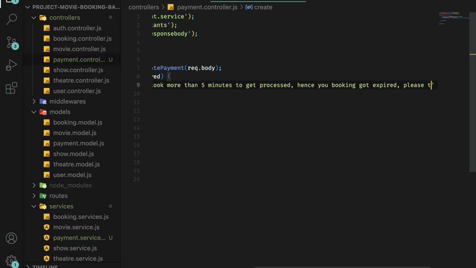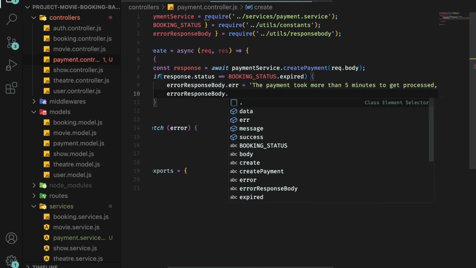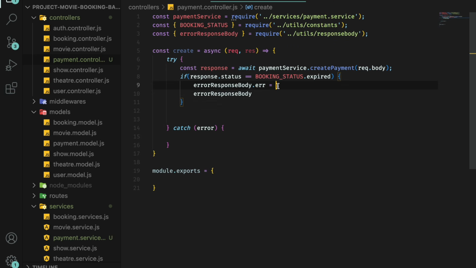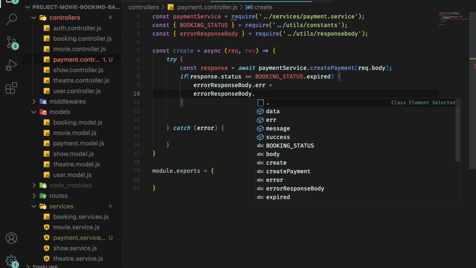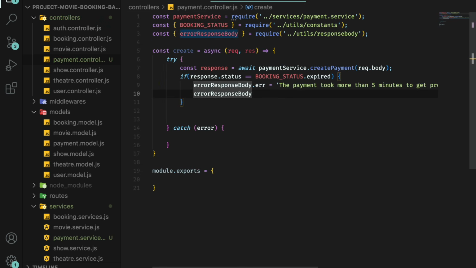Please try again. Okay, and we are going to say error response body dot, this should go in the message, I believe. Or let's keep it like this, and in the data we are going to say